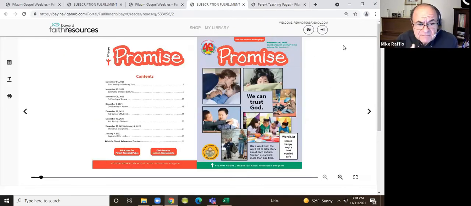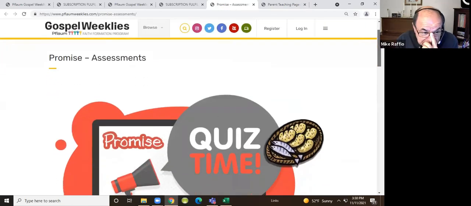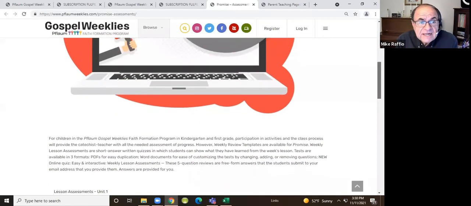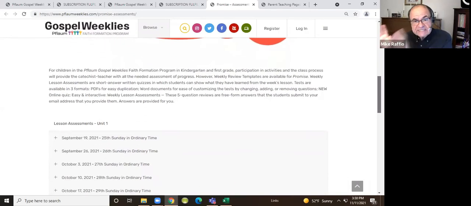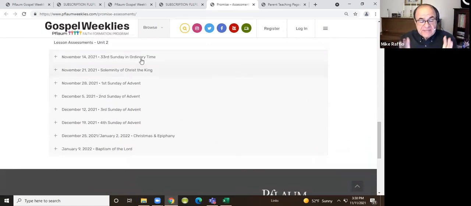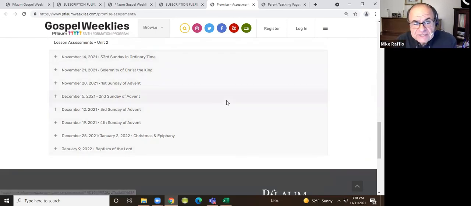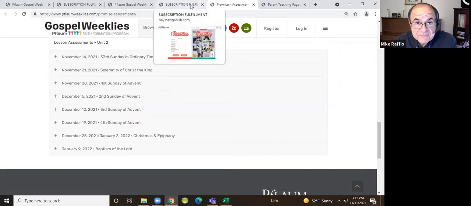The second red button is for the lesson assessments. And the assessments, we know a lot of you are using this and you're having your students take these. But rather than have to leave the portal where the digital lessons are and then go to the weeklies, we have that button there now so that it can take you directly to the assessment pages. You can see each week is there, the units are available there, etc. So the student can come here, they can take the assessment and send it off to their catechist to let them know how they did.